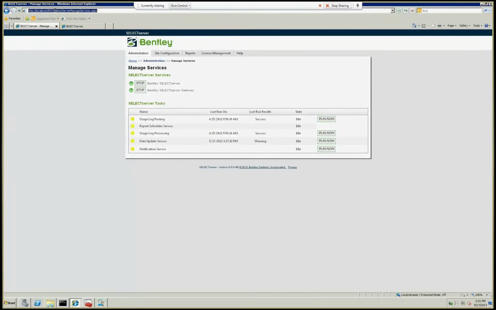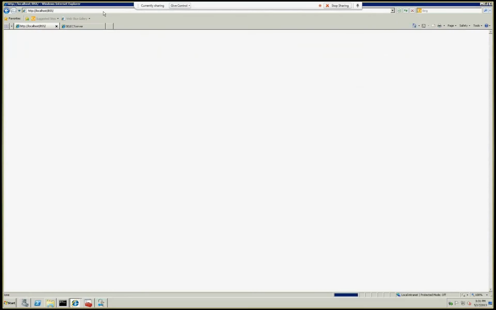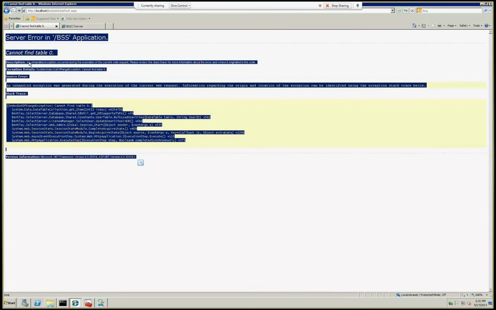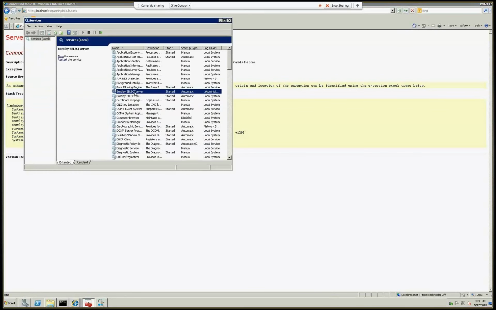Now I will show how that will look if we refresh the administration site. You'll see this error. It says cannot find table 0, but it means the Select Server IIS application cannot talk to the database, cannot see the database. So in this case, we don't have the Select Server administration site, and also the users, of course, will not get any license. But at the same time, we still have the service